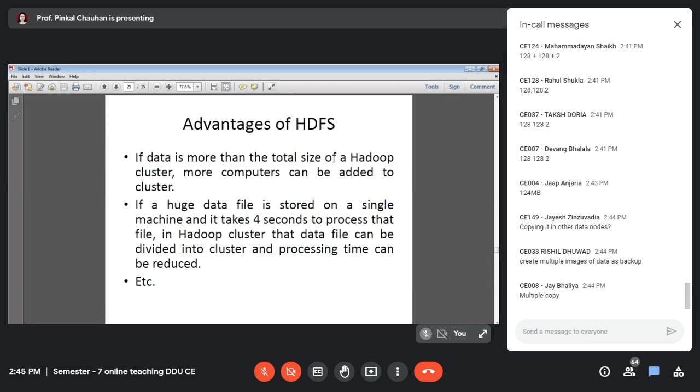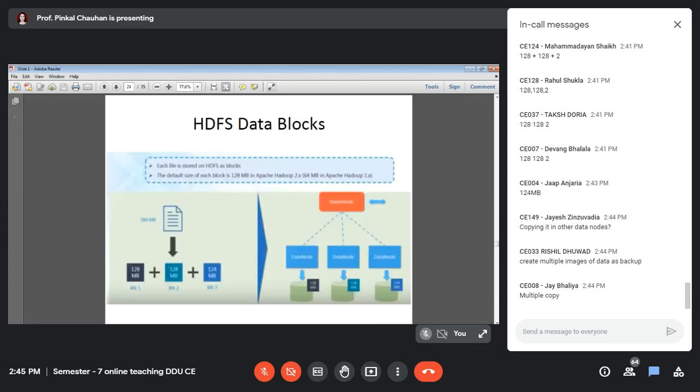Before that, let's talk about the advantages of HDFS. See here, if data is more than the total size of the Hadoop cluster, what can you do? Let's say the capacity of each data node is 1 TB. So what total amount of data can you store on this Hadoop cluster at max?